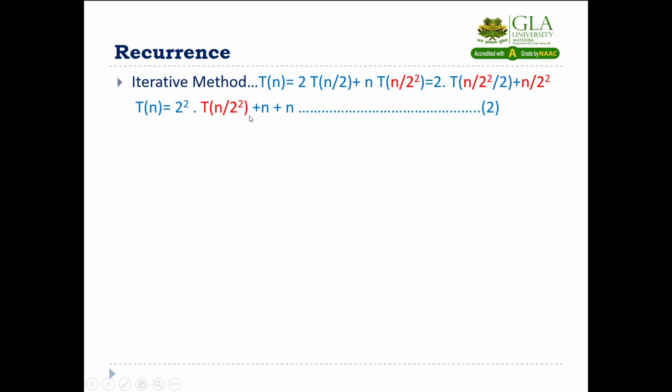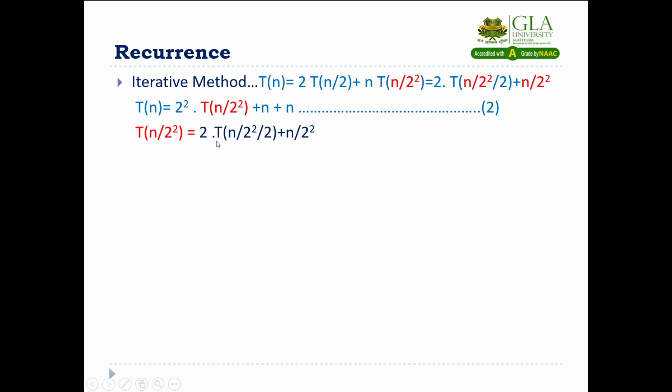So again we can do that same thing. The n will be replaced by n by 2 square. So put n by 2 square to n by 2 square, divide by 2 is already there, plus if you are having n, you are having n here. If you will have the n by 2 square, you will put here n by 2 square. So you will get 2 dot Tn by 2 square divided by 2 plus n by 2 square. So put this value here.